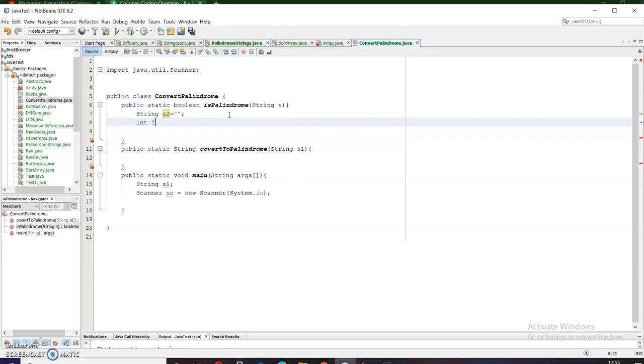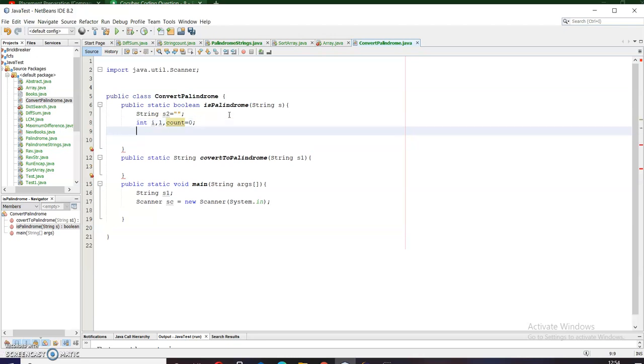I, just to traverse the loop over all the characters of my string, and L to calculate the length of the string, and a count variable to count the number of occurrences of a particular letter. I will also use a boolean variable flag, which is initialized to true initially.